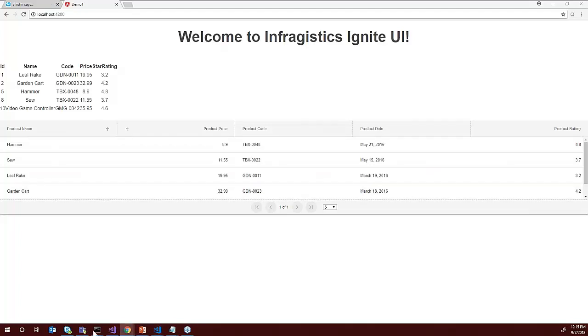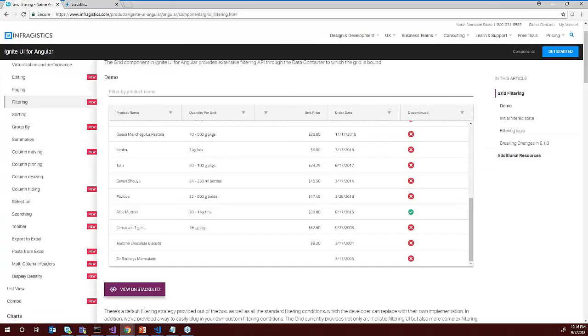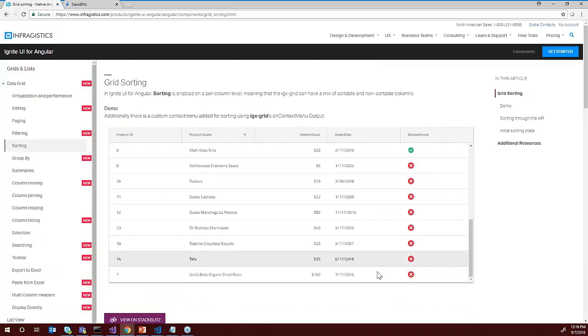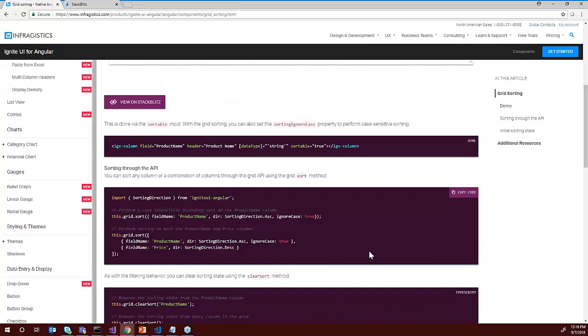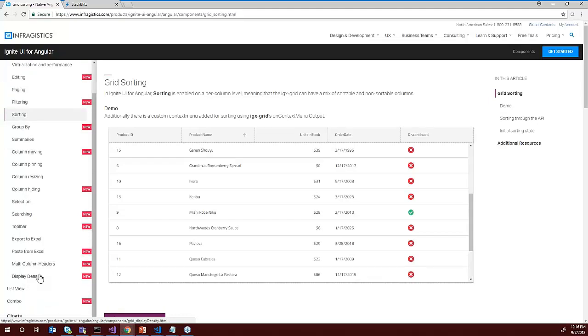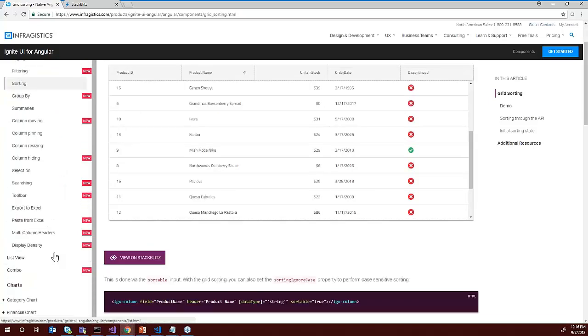And here you can keep learning about these features, which are very simple to integrate in your application, and you can open that in StackBlitz and play around. These are the features available in the grid: virtualization, editing, paging, filtering, sorting, summaries, column moving, directly copying from Excel, and many things. Then we have other components like list view, combos, different kinds of charts and all. So I strongly request you to go and